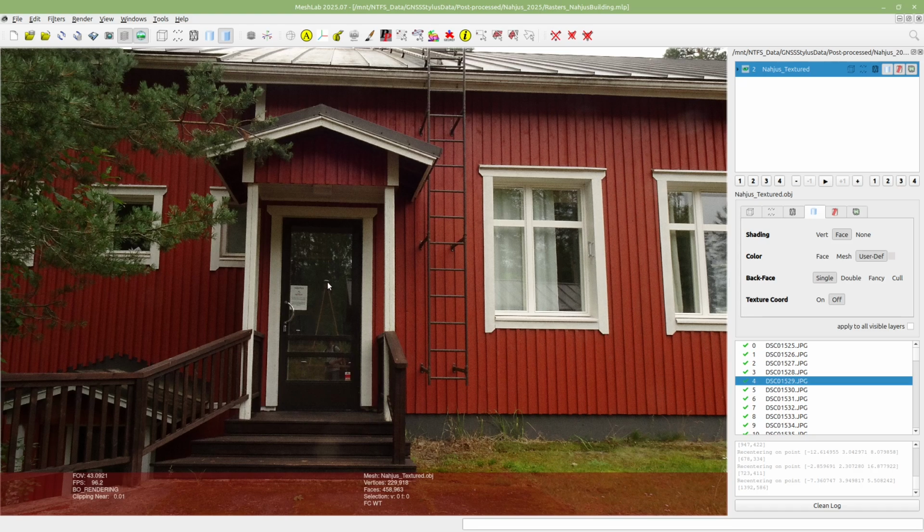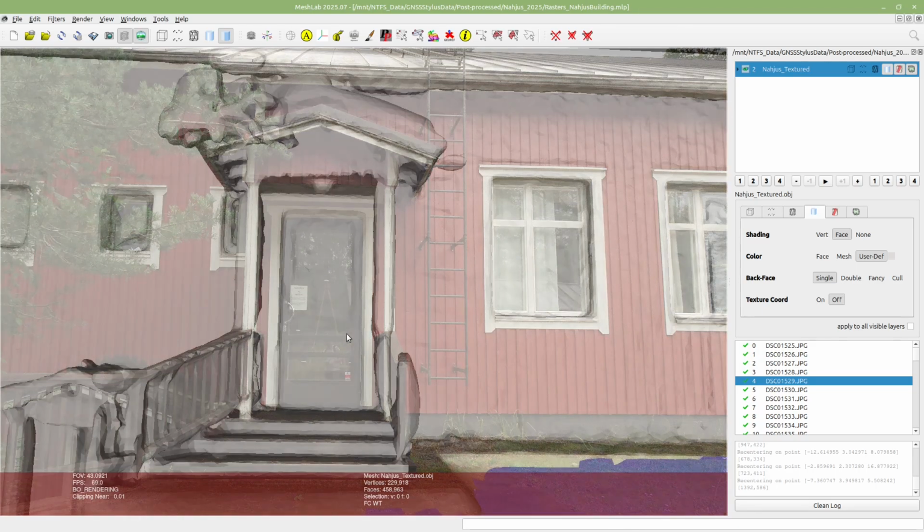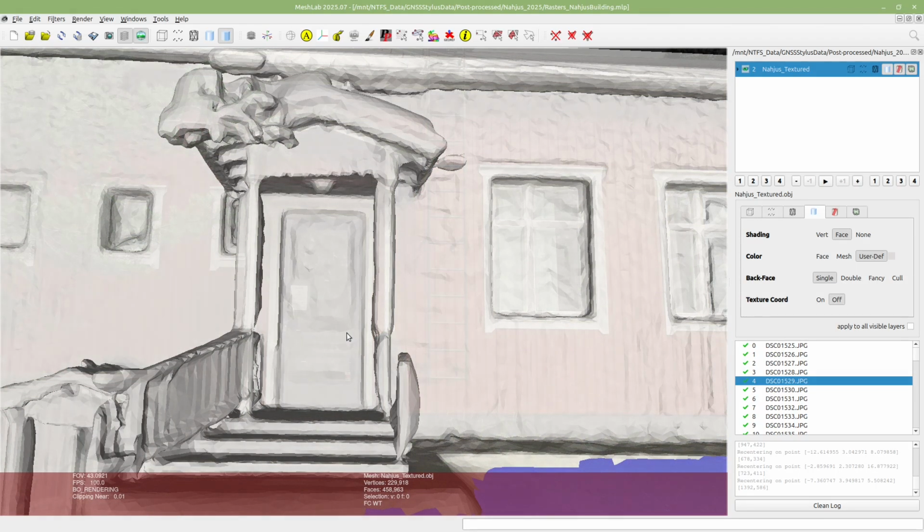There were 3 GNSS antennas attached to this rig with this camera also. So the initial estimate for the location and orientation for the pictures can be calculated.